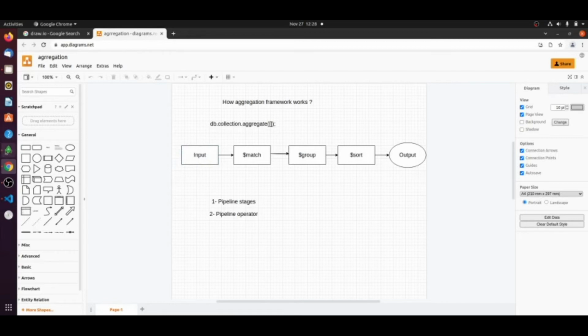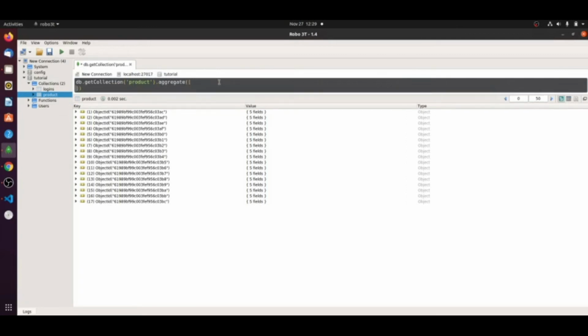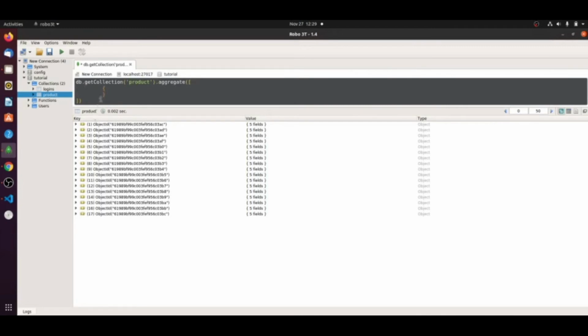Okay, so let's go to Robo3D. We'll write the query here. Aggregate. So first, this is one stage.